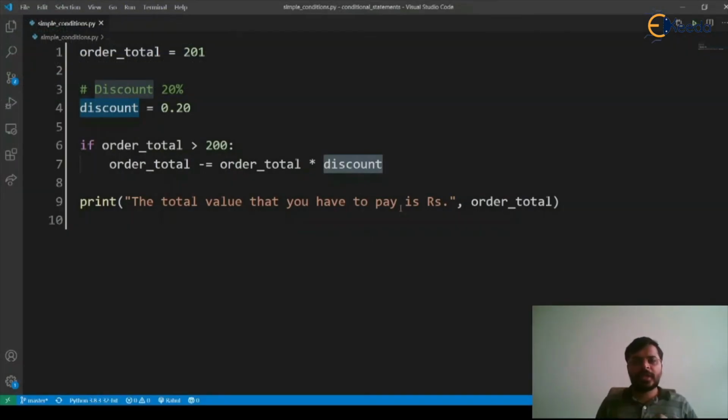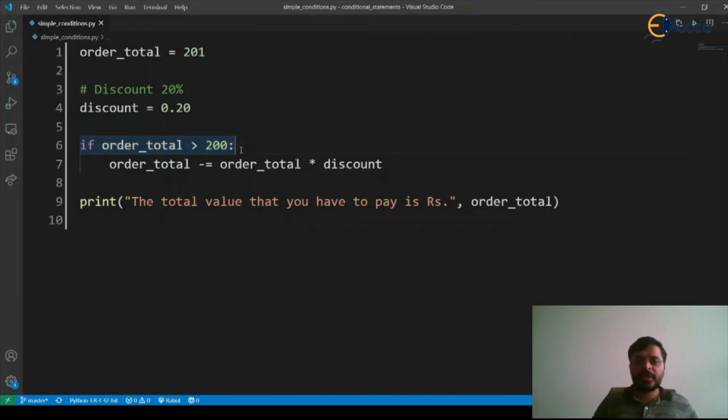Now let's see what exactly is happening in our code. When we come to line number 6, our interpreter sees that there is an if statement. What is this if statement doing? It's actually creating a branch in your code. This branch has a block of code which will get executed if and only if the condition given to if is true.